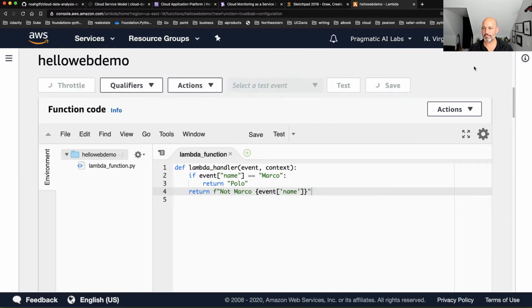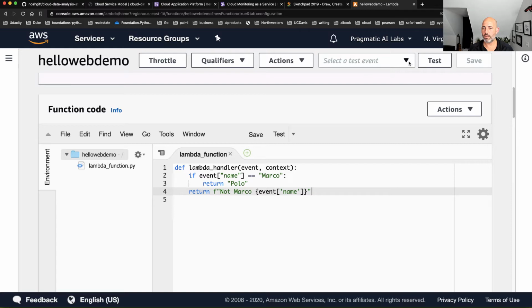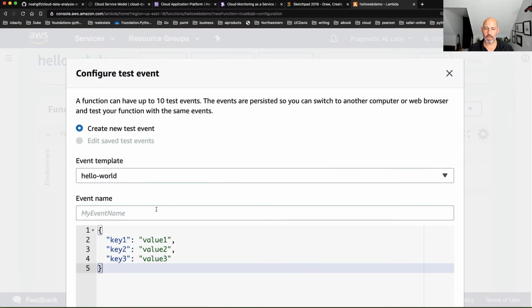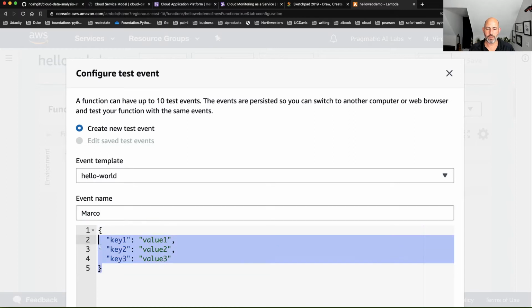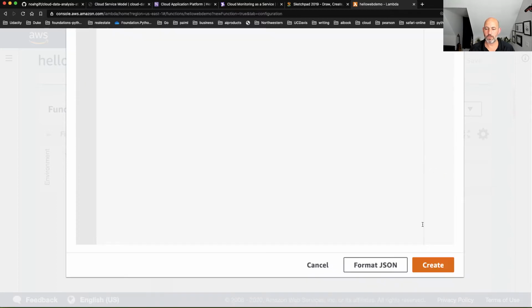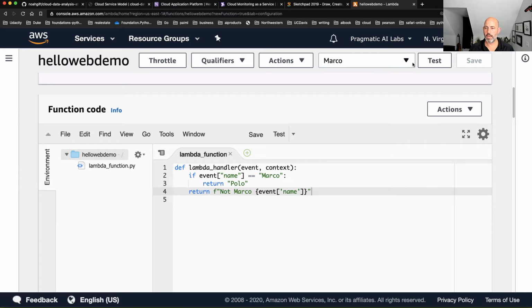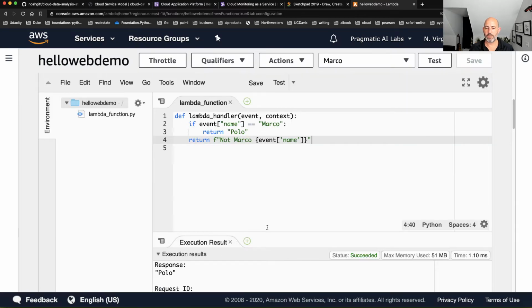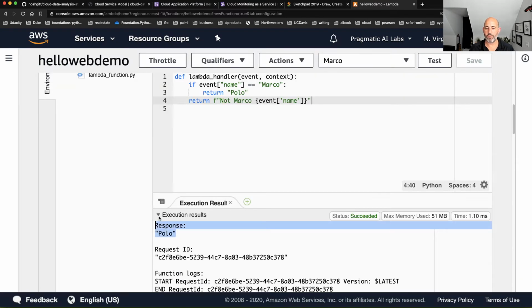If I save that and want to test it, what I need to do is create a test event. I can just say here Marco, put in the word name, and then Marco. All right, format it, create it. Then if I test this, you can see that it returned back Polo because it matched that name.